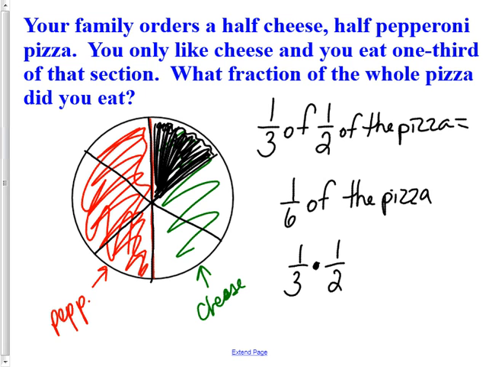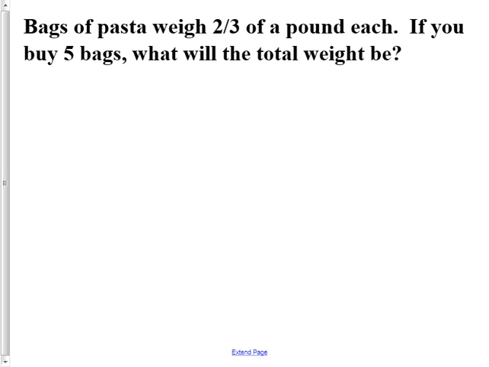And let's look at one last example. This is another type of problem. Bags of pasta weigh 2/3 of a pound each. If you buy 5 bags, what will the total weight be? So this is different from all of the others because I'm taking one number and I am multiplying it by 5, or I'm doing it over and over. In this case, I want to do 2/3 5 times. So I can show that by,